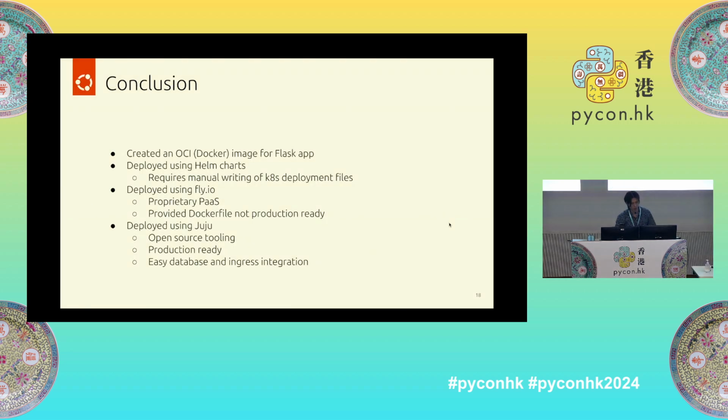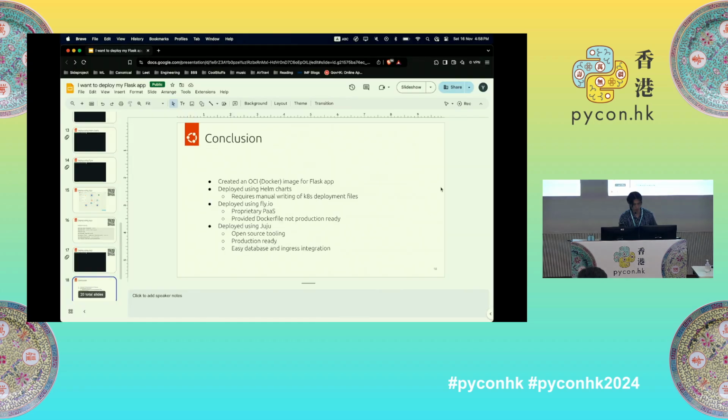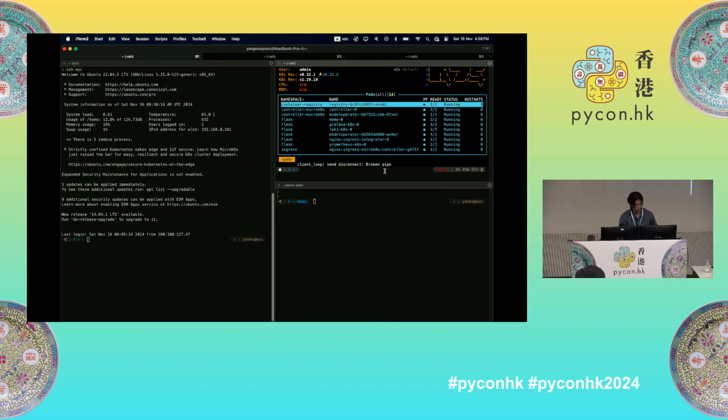All right, so the conclusion is that we've learned to build OCI images with the tooling that we provide. We've seen how things work with different methods that you deploy your applications with: Helm charts, Fly.io, third-party services, or with Juju, which is all part of the ecosystem that Canonical is building. And just to prove that I'm not lying about the observability,